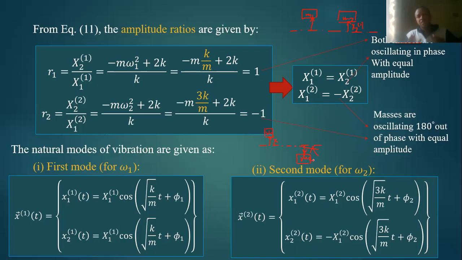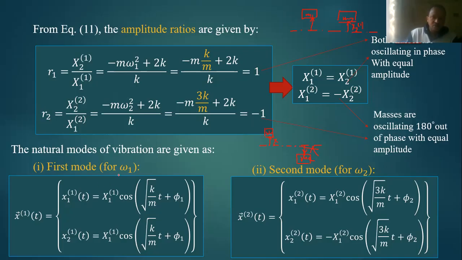So they are moving, one up and another in another direction. So their motion is out of phase. So this is the meaning of this -1 and 1. Okay, so for the natural modes of vibrations,